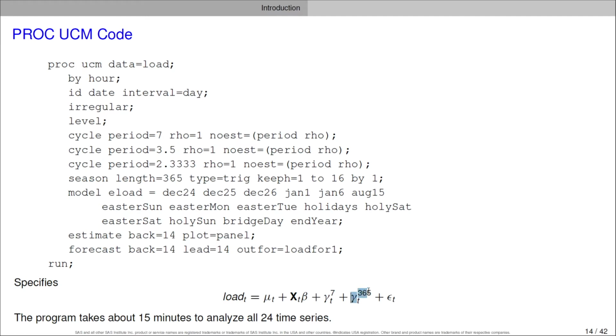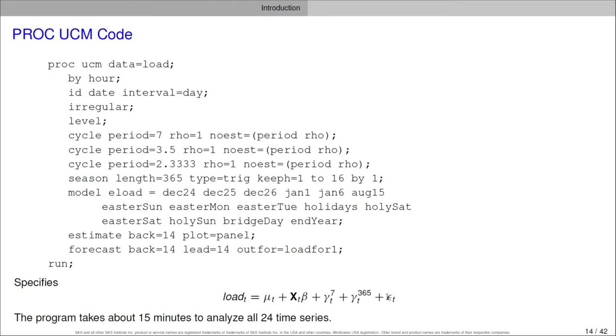The gamma 365 term, which is a season of length 365, is specified by this season statement. In UCM, if the constituent harmonics of a stochastic season share the same disturbance variance parameter, it can be specified more easily by the season statement. And the fact that we are only using the first 16 harmonics is specified by this keepharmonics option. If this keepharmonics option is absent, then all harmonics of this trigonometric season are used. This finishes the